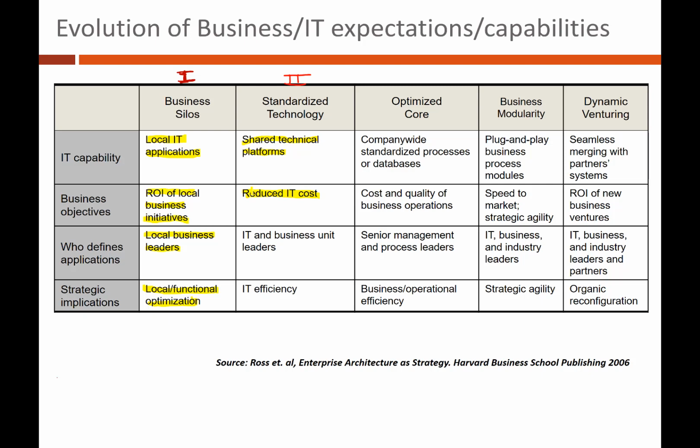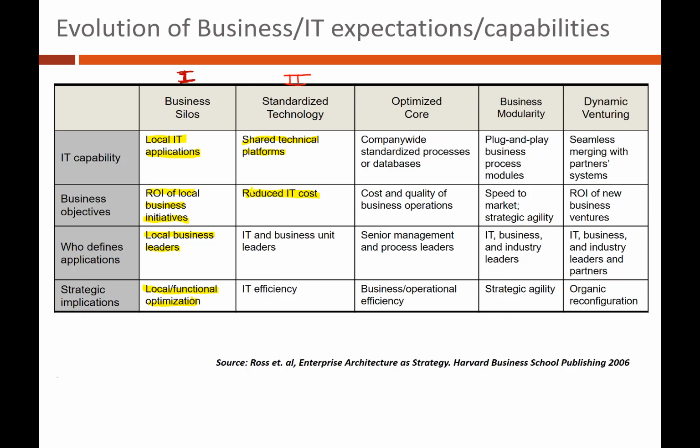It would be like if one department in an organization was using Windows and another department was using all Macs, and another part of the organization didn't have PCs at all, they just did all of their stuff on iPhones. Well, everybody's using different technology and sure it helps them, but none of that can talk to each other. So the idea here is let's start to think in terms of standardizing our technology platform. Let's use the same kinds of computer system and let's start trying to architect things so that they can connect